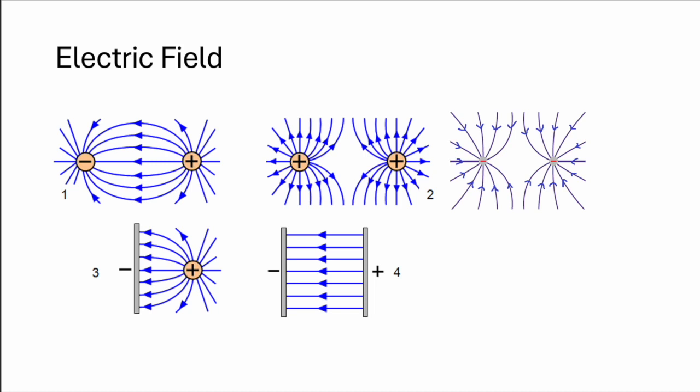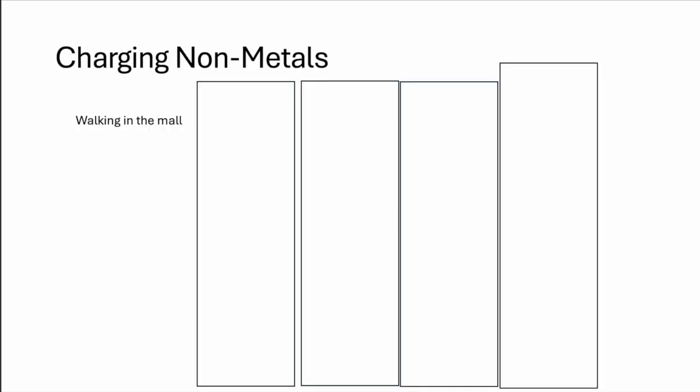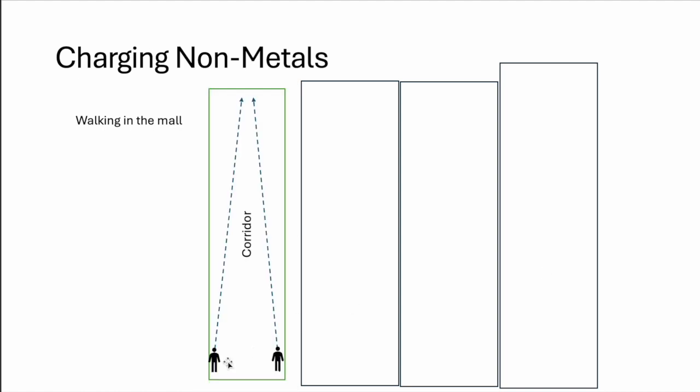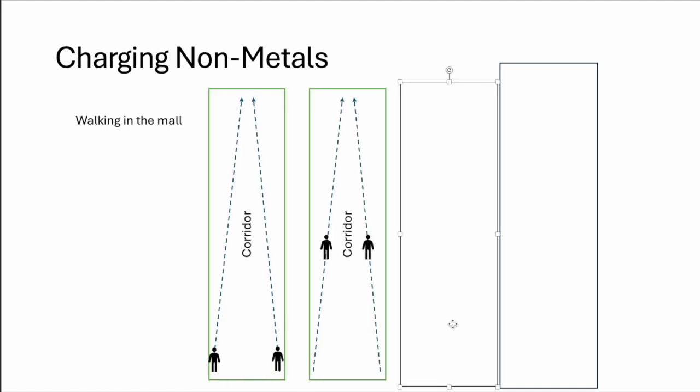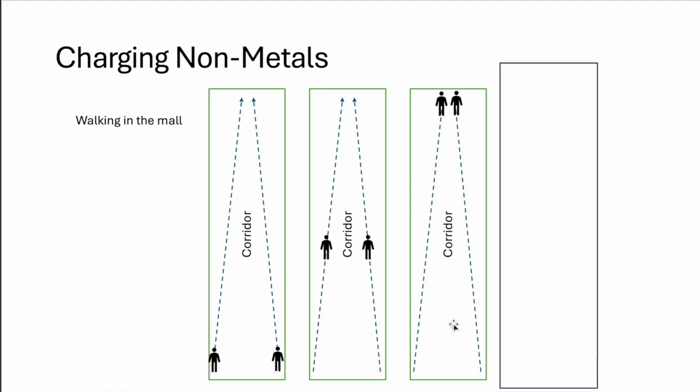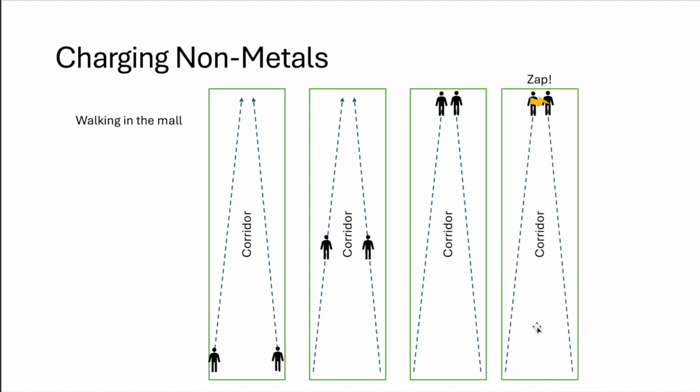So how are things electrostatically charged? More often than not, it is via friction. So if you are in a mall, sometimes you touch the railing and you get zapped. Or you're walking, suddenly you touch a friend, and you zap your friend. How do you try this out? You stand far apart from your friend, and then you walk a certain distance, getting closer and closer, maybe a good 20 to 30 meters, and then you touch each other. Then likely you get zapped. And to get a better effect, you drag your feet. Friction will create a lot of charge in your body,